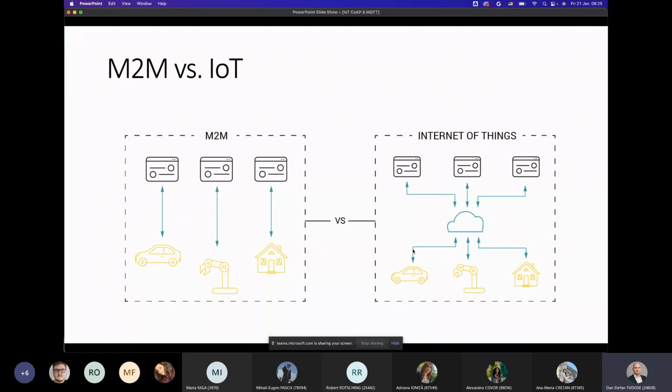Now, when you have the Internet of Things paradigm, the idea is to actually join all these applications, be it industrial, be it home automation, be it something else, through a series of common protocols that are standardized.